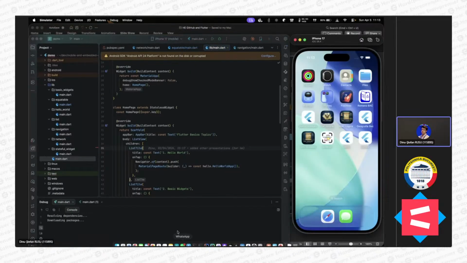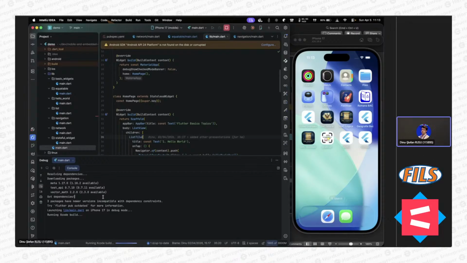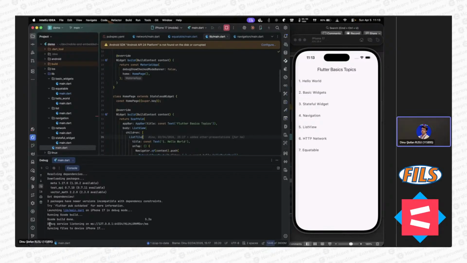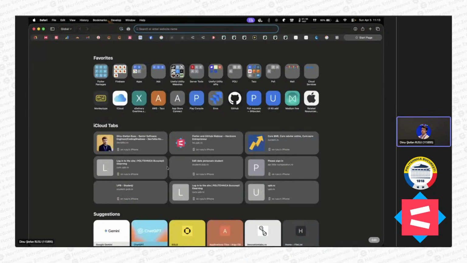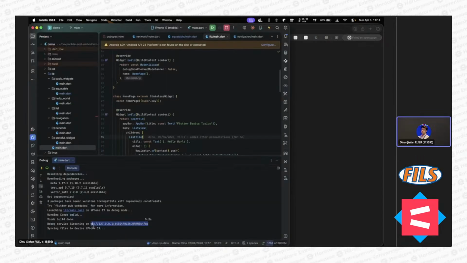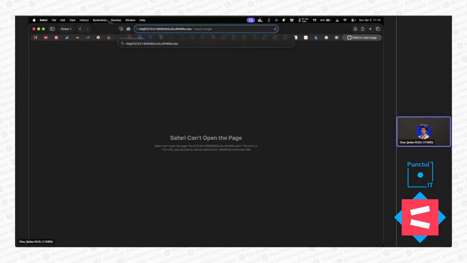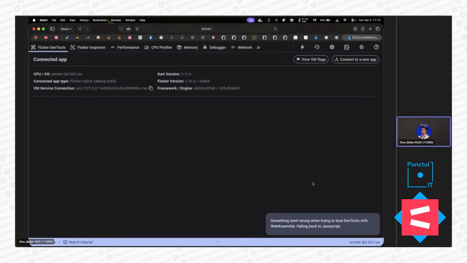let's start it like that. When you start it, and after it actually opens on the mobile phone itself, you can see that we have the same thing, debug service listening on, and then you have this URL. If you take it like this and open it in your browser, it won't work by default. What you have to do is take the part that starts with WS and replace it with HTTP. After you do that, you'll be able to see